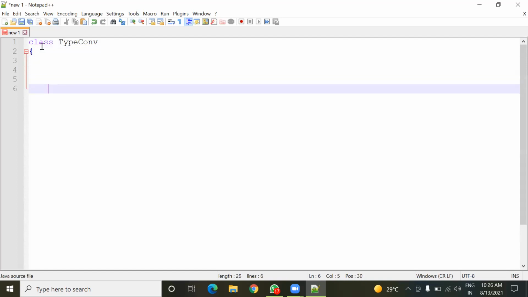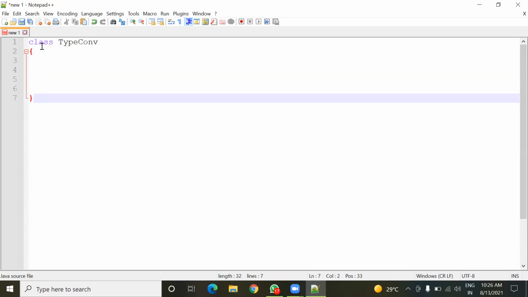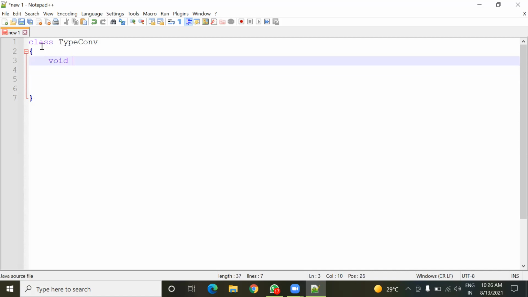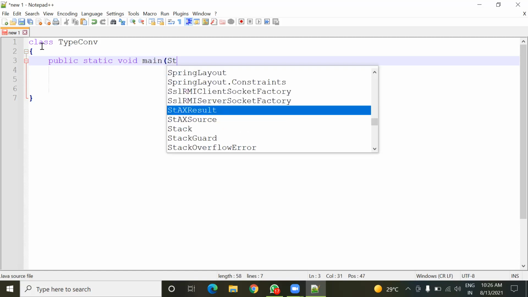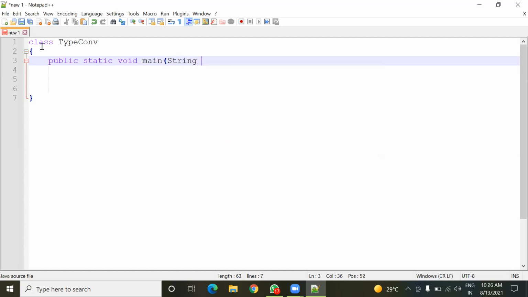So what is this TypeConv here in this program? It's a class.